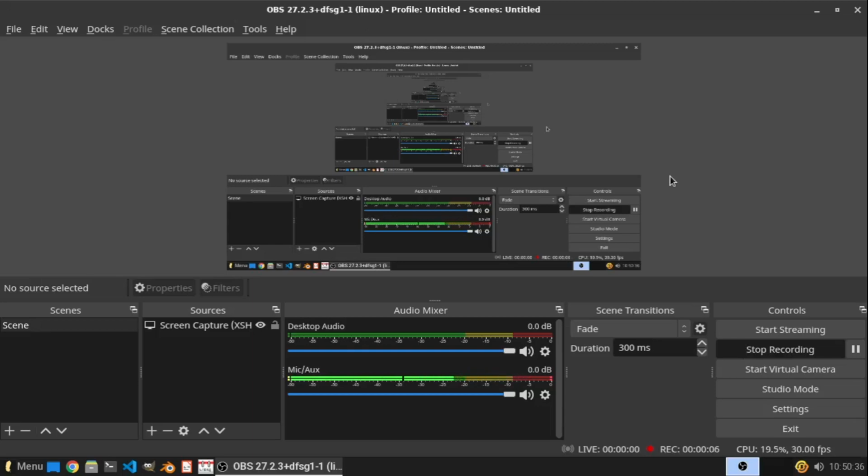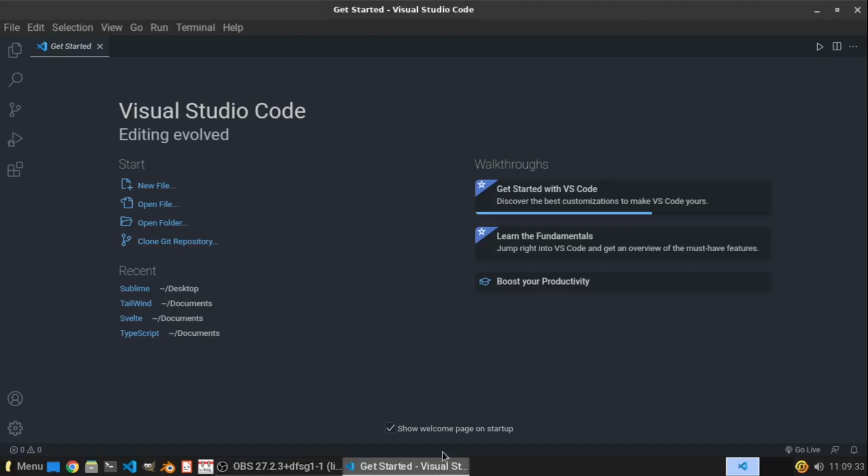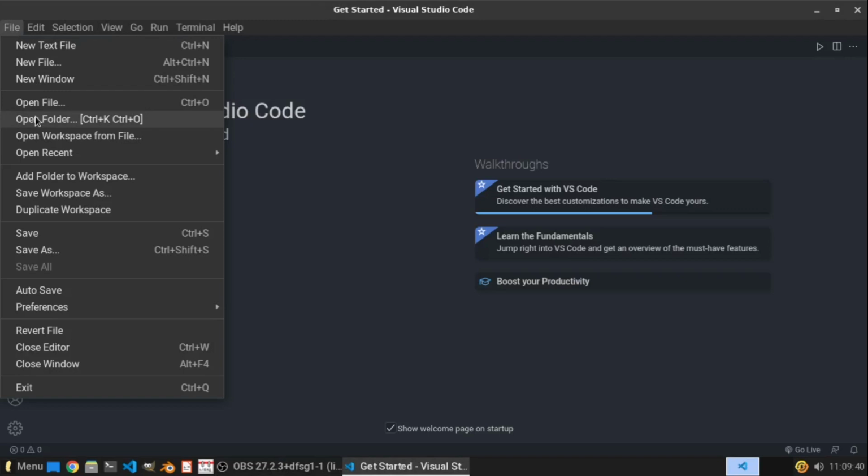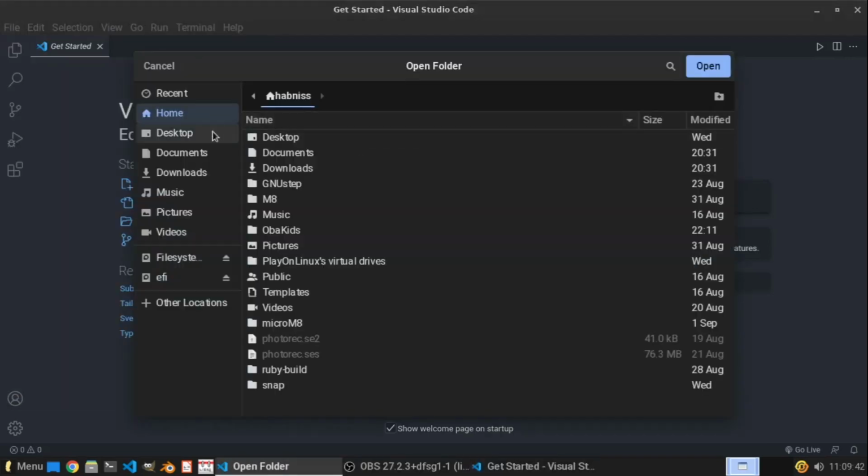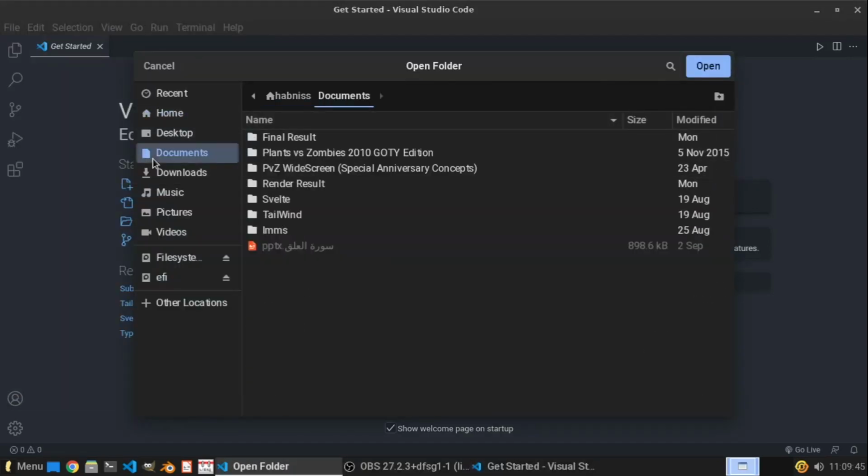Today we are going to learn how to create a login form in HTML and CSS. First, we have to open VS Code. Anyways, now that VS Code is opened, you click on File, Open Folder, and then we go into Documents, Create Folder,